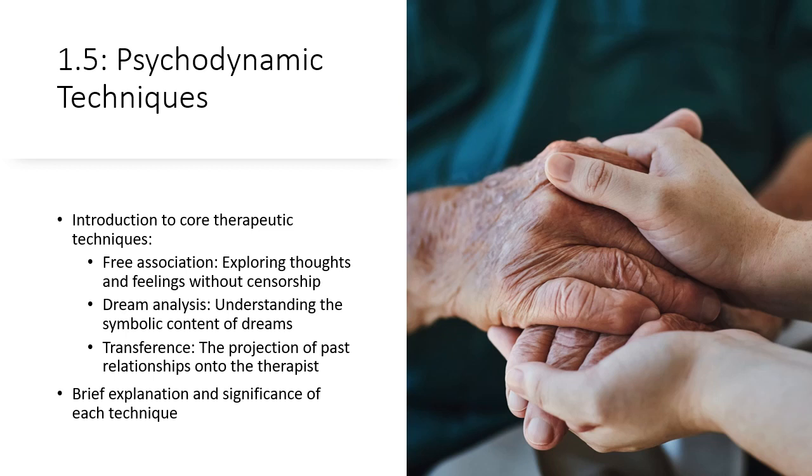Lastly, transference is a technique that deals with the complex dynamics of relationships. It explains how clients may project past relationships and emotions onto their therapist. In essence, a client might unconsciously view their therapist through the lens of a significant figure from their past, such as a parent or a previous romantic partner. Transference is significant because it provides valuable insights into a client's unresolved conflicts and relational patterns. For instance, a client may find themselves reacting to their therapist as if they were a critical parent. This can reveal deeply rooted issues and allow the therapist to guide the client towards understanding and healing these emotional